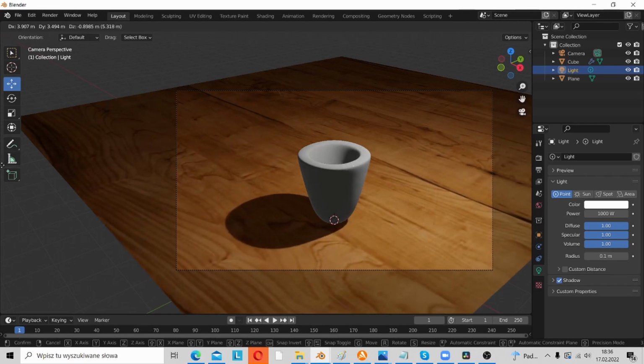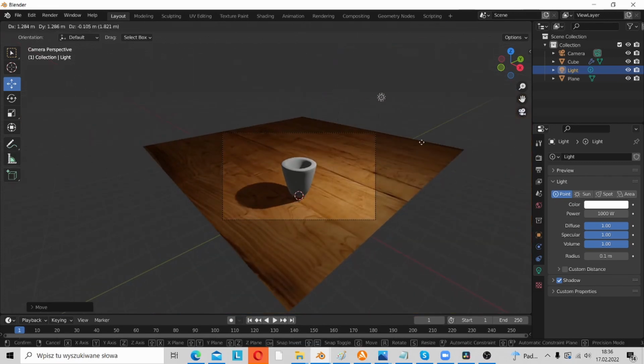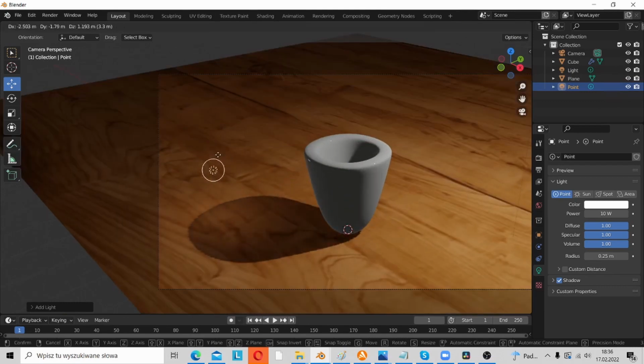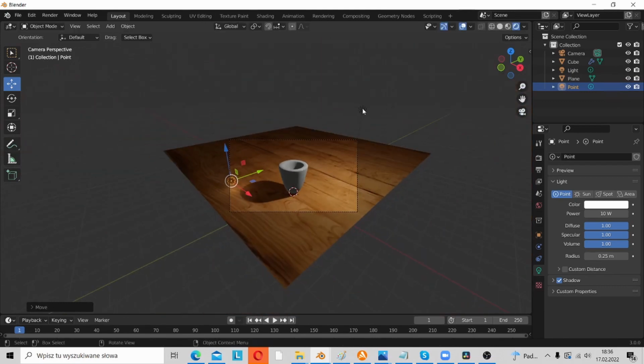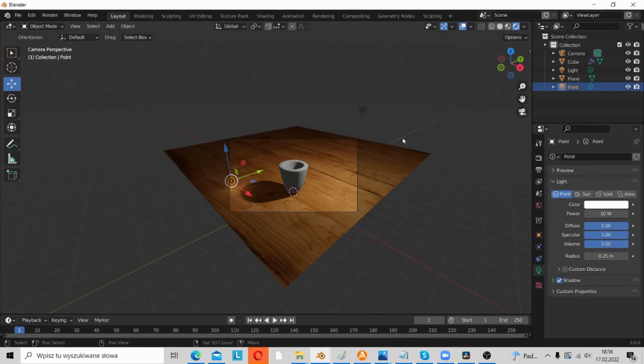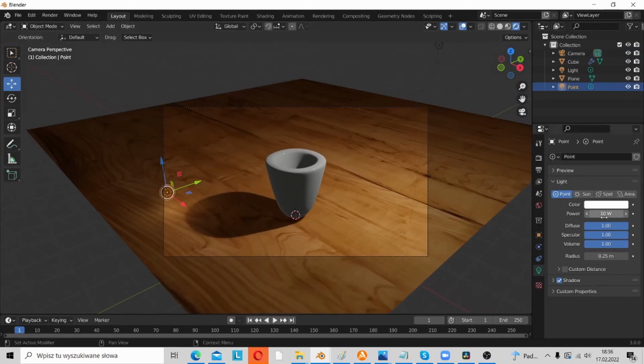So put the light wherever we want, and of course if we need, we can add much more light. For now we will just use spots. Remember that here is the power of a light. We need the same power as here, so here is this number and here is this one. Okay,